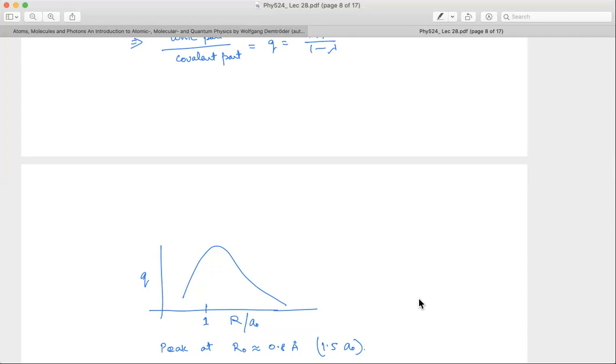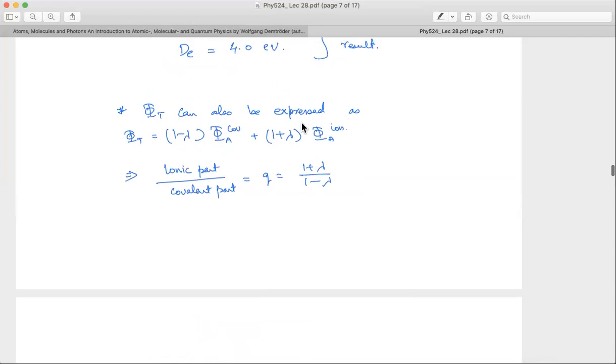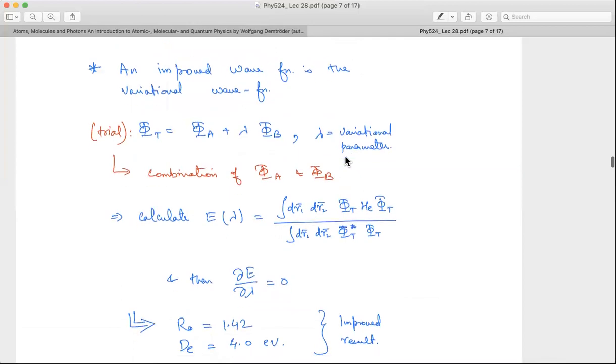And this would be consistent with whatever you have read in textbooks or in class 10th, etc. That ionic bonds are shorter in length, covalent bonds are larger in length. Ionic bonds are stronger in terms of the dissociation energy being larger, and covalent bonds are a bit weaker in the sense of dissociation energy being a bit smaller, etc. Okay. And that you can also show in terms of this basically. So this is a very nice exercise to show this, etc.